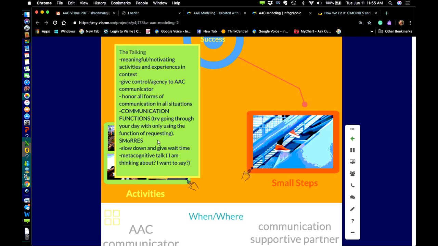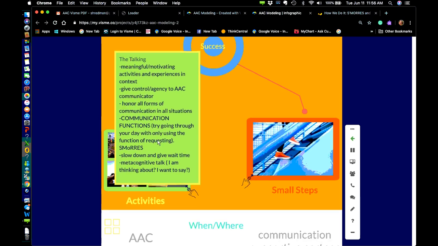Oh, okay. So I had gone over that right at the end. S'MORES stands for slow rate, model, respect, reflect, repeat, expand, and stop or pause. And it was put together by Dr. Jill Senner and Matthew Boyd, where they talk about partner augmented input or aided language stimulation, another way to phrase that. We have it linked at the bottom of this infographic, but you could also just do a quick Google search and get there, and it's on the Practical AAC website.